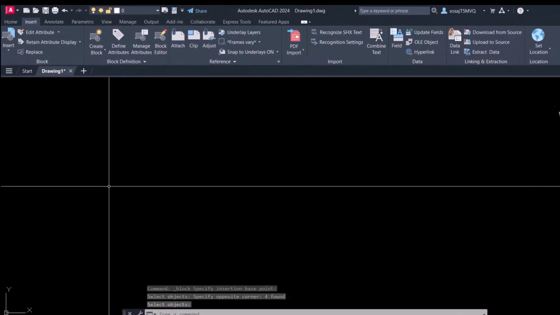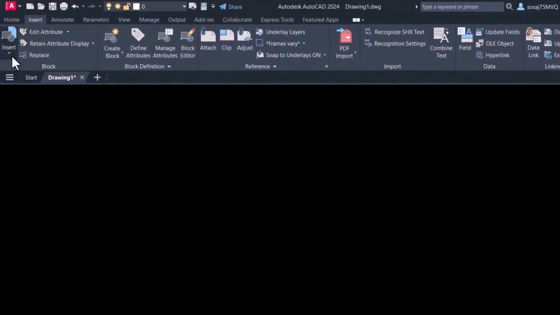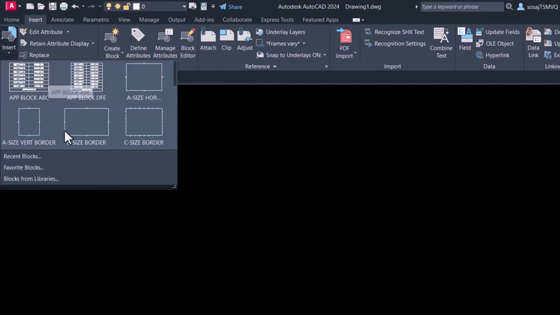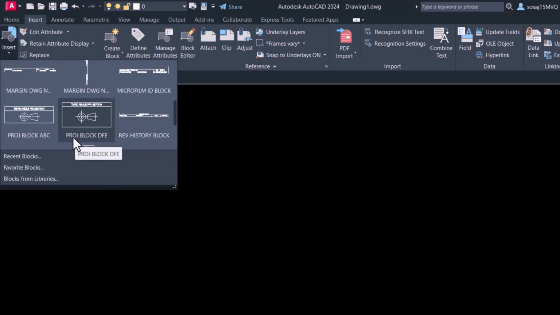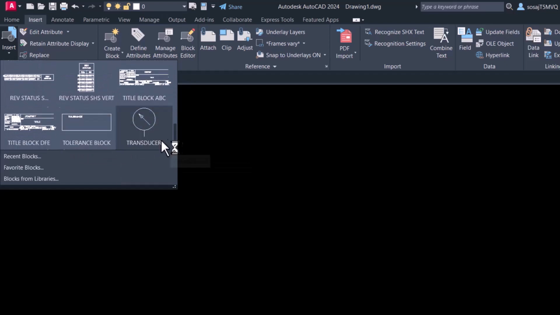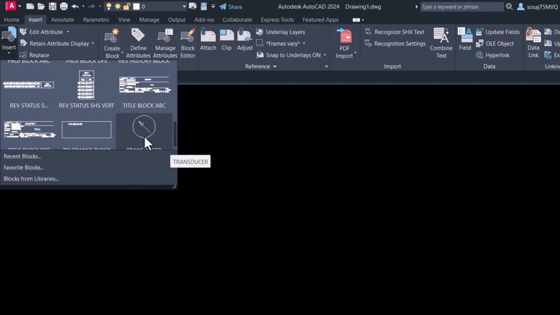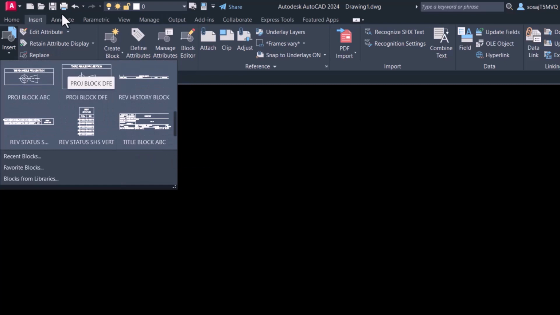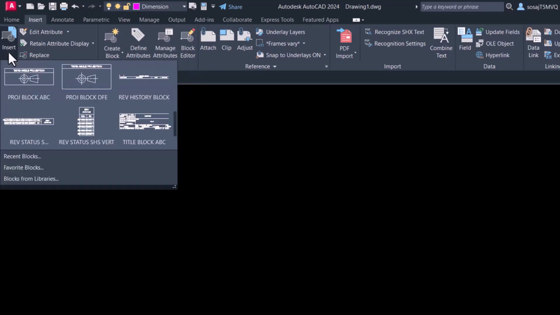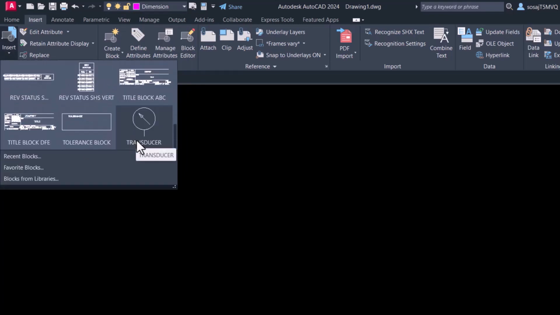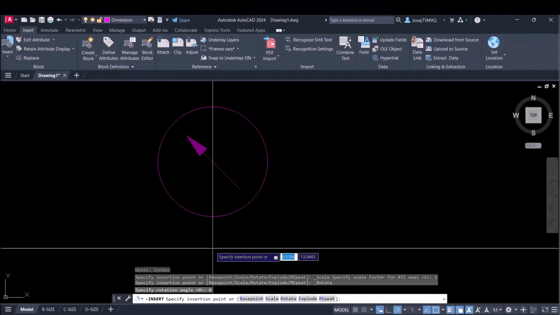If you want to insert a block now in the same tab, you click on Insert, and you will see all the blocks that you have in this drawing, and then you can scroll until you find the one. For example, before we insert this block, let's change the current layer. I'm going to use a different layer, let's say the dimension layer, just to see a different color. I click on the Insert tab, find the transducer, click on it,